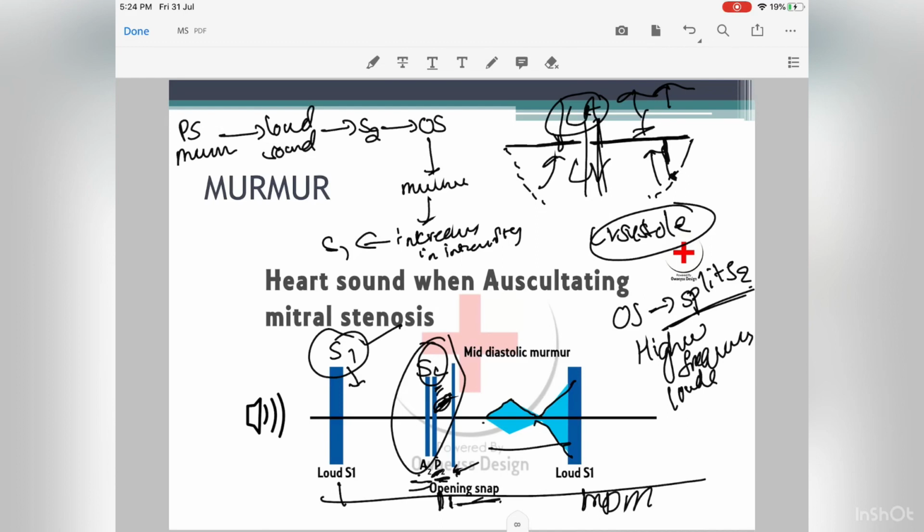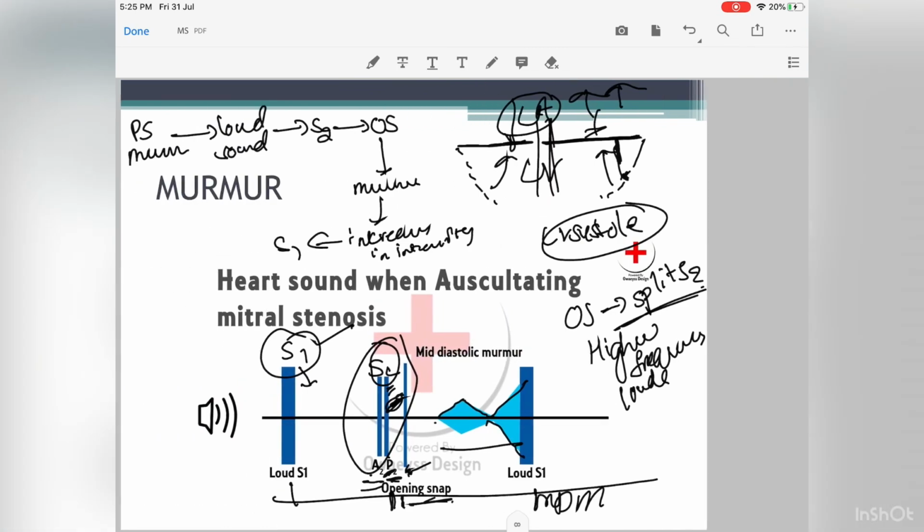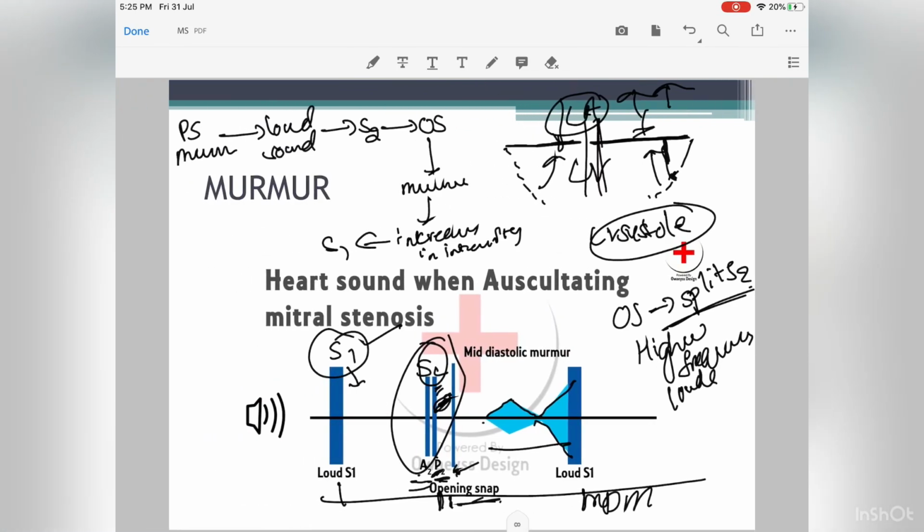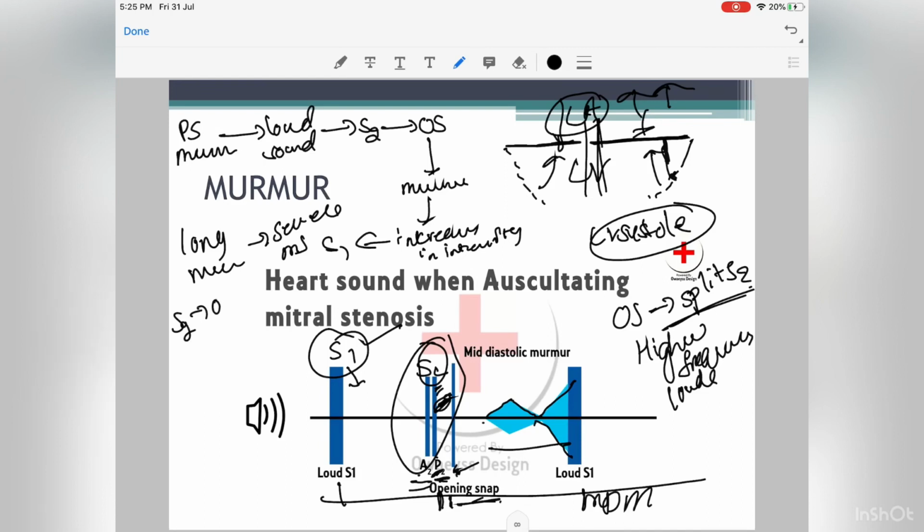However, there is one hypothesis called Kreil's hypothesis, which states that the pre-systolic accentuation can occur in atrial fibrillation during the beat with short cycle length. There are two factors which can identify severity of MS. Longer the duration, more severe. Long murmur means severe MS. Another thing is the S2 opening snap gap. This is very difficult to identify clinically, but can be identified by phonocardiogram. Shorter the gap between S2 and opening snap, more severe is the disease.